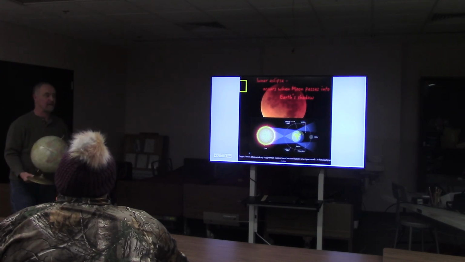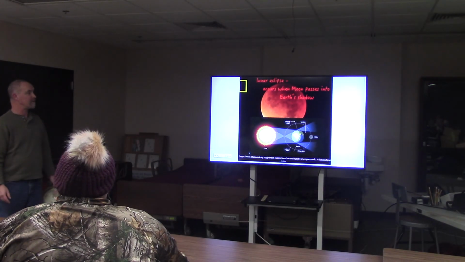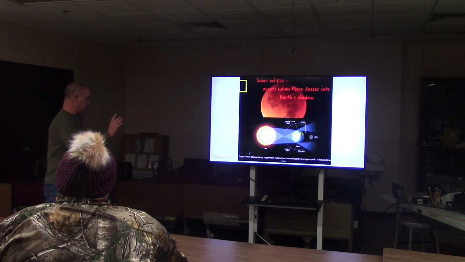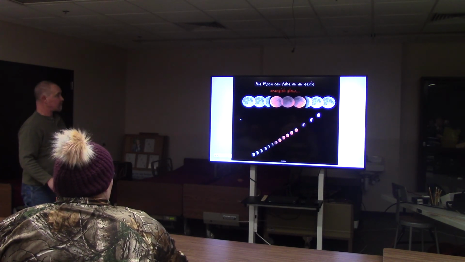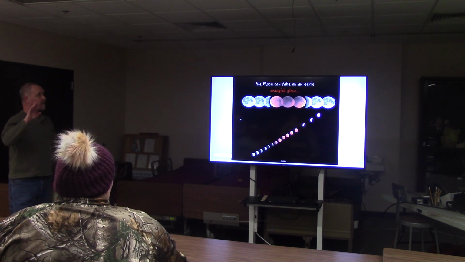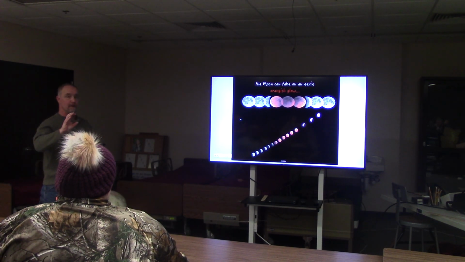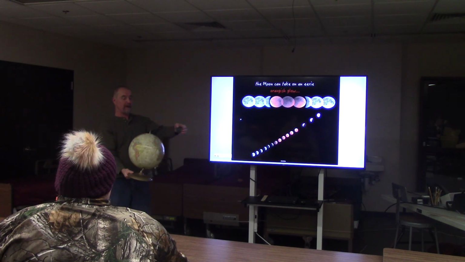When you see a solar eclipse, you might only catch a few minutes of it. But the lunar eclipse can last for hours, so it's a much more enjoyable thing. And the great thing about this is the moon takes on an incredibly eerie orangish glow, but only when it passes totally in